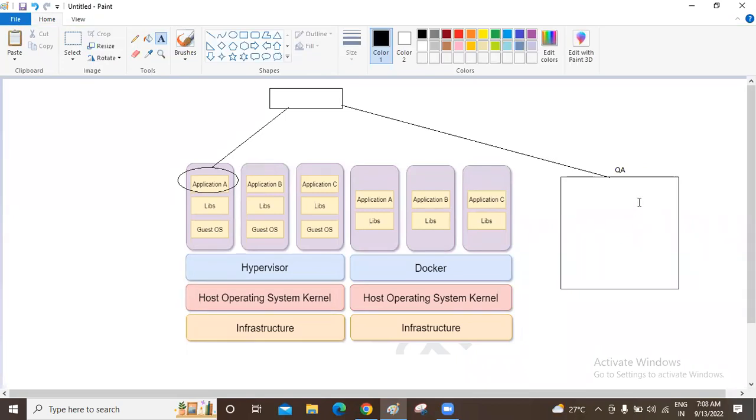In this QA environment, in order to run application A, we have to install the required operating system and the required libraries and binaries. Let's say this is the hardware. We have to install the operating system. After that, we have to install the dependencies.